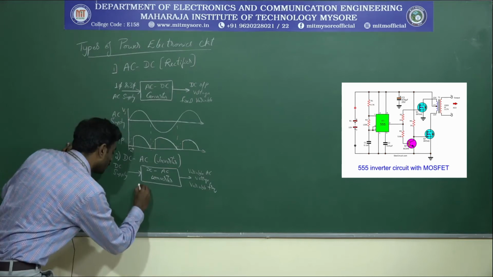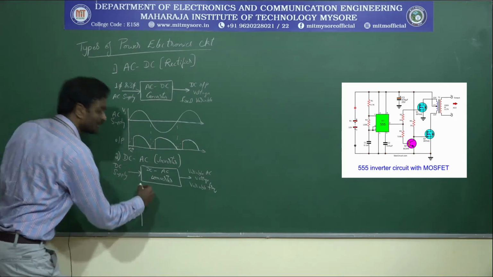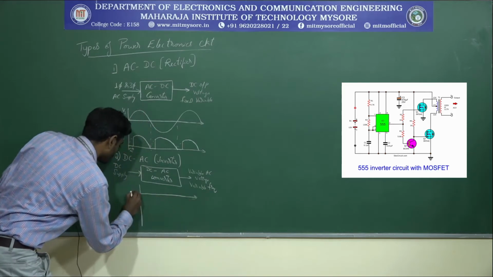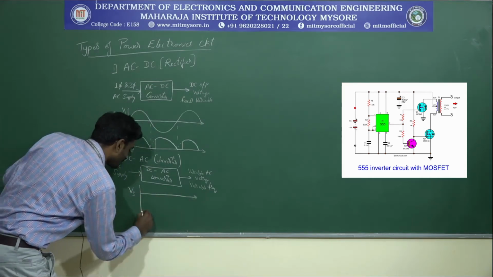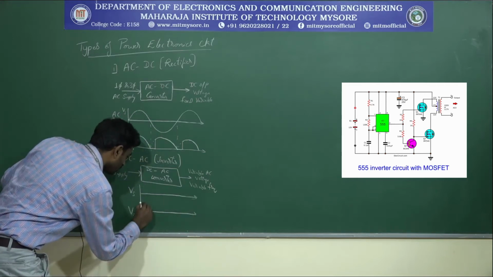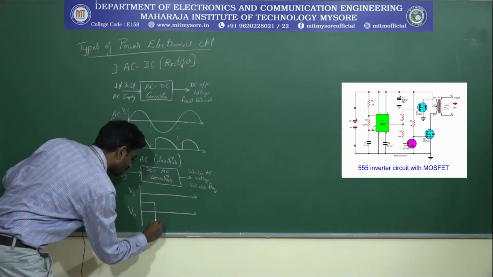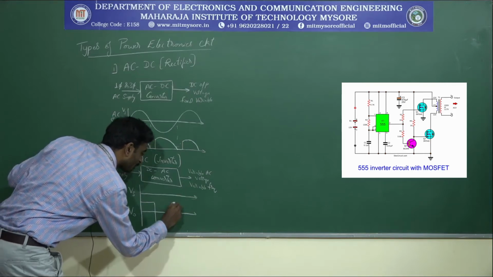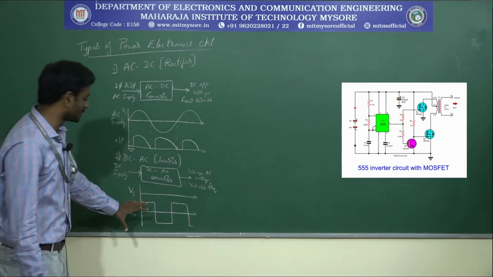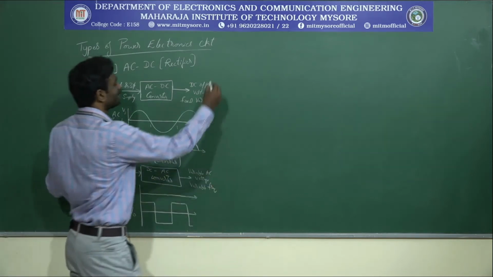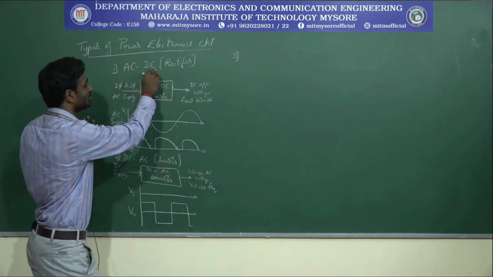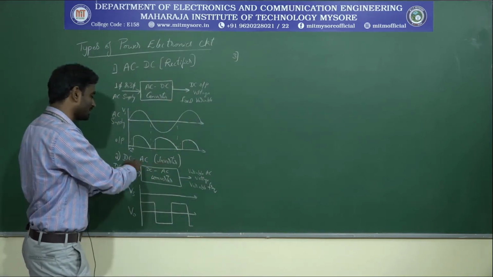And if you consider the waveform, in this case the input is a DC value here. This will be my input supply, where the output will be AC, where I will get a value shifting from positive to negative, and again from positive to negative. It will be repeated for n number of cycles. This is with respect to the inverter. The first one is the rectifier, that is AC to DC. The second one is the inverter, that is DC to AC.